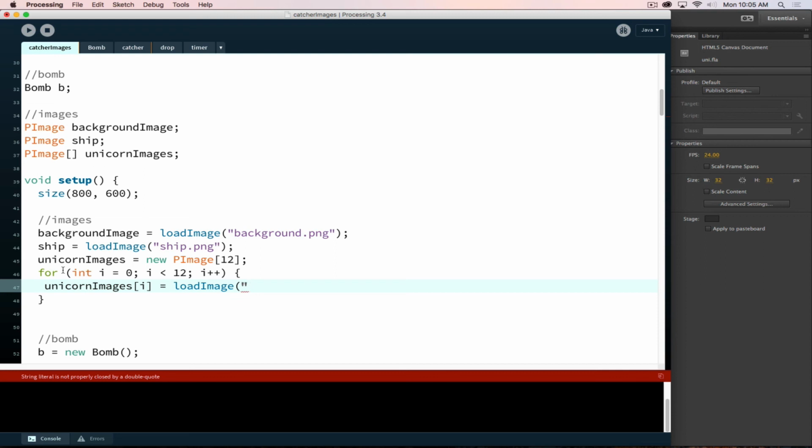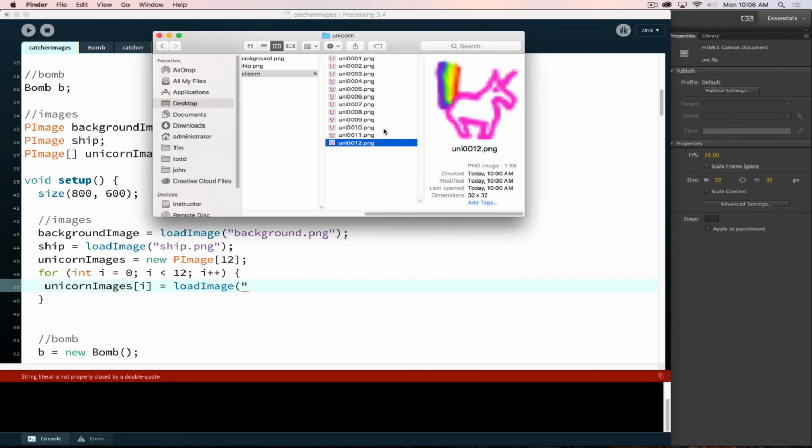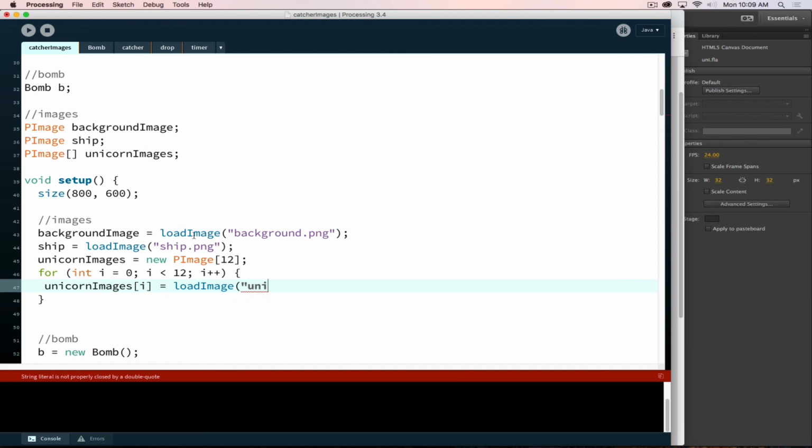And this is where we're going to use something that Processing has built into it, a number formatter that will format the number so it creates the correct string, remembering that we're trying to create 4 numbers long. So to set this up, we need to remember the full path. We put the unicorn images in a folder called unicorn, and now we need to add to it our number formatting